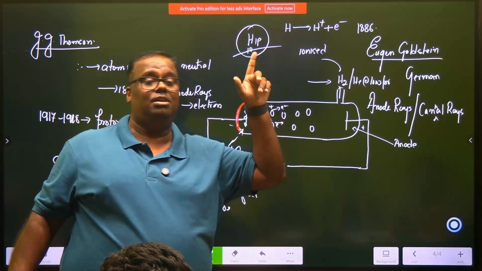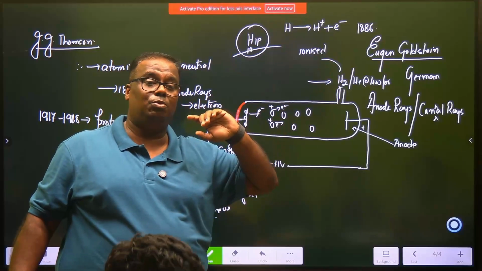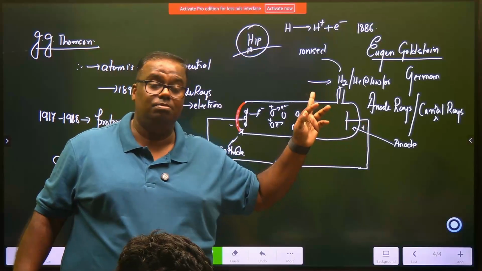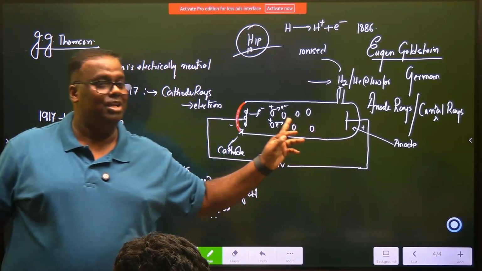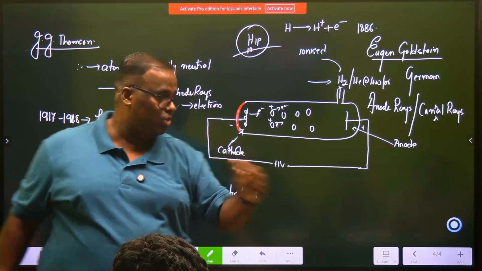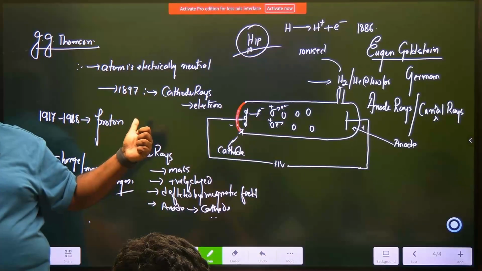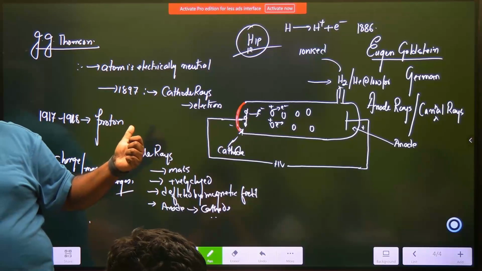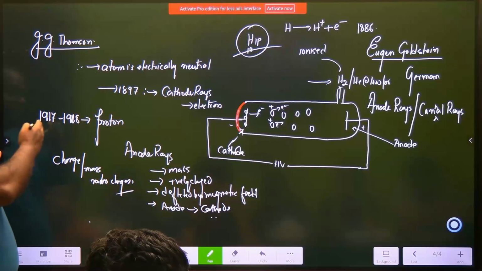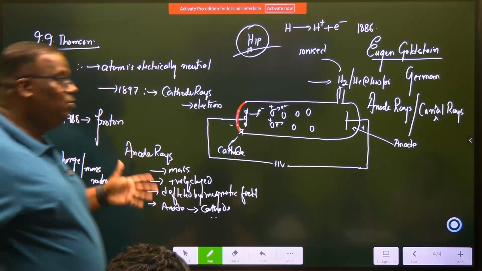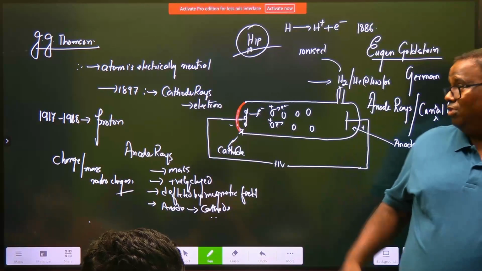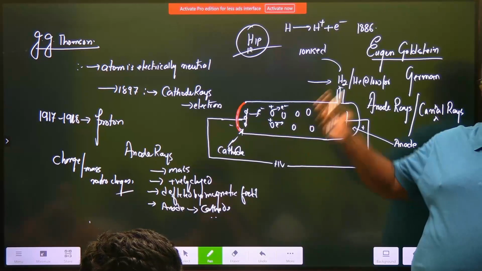Then why did people glorify Eugen Goldstein with the proton? Anode rays are protons only if the gas taken is hydrogen, not even helium. Hydrogen. Because in hydrogen there is only one electron and one proton. So if an ion of hydrogen is moving, it is nothing else but a proton. This is the discovery of the proton. The word was coined back in 1917 or 18, but the study was done long back. So every book of chemistry starts with the discovery of the electron, whereas by calendar, the discovery of the proton precedes the discovery of